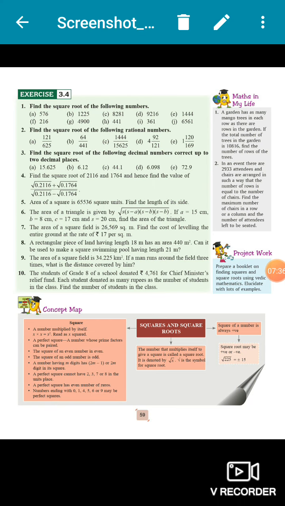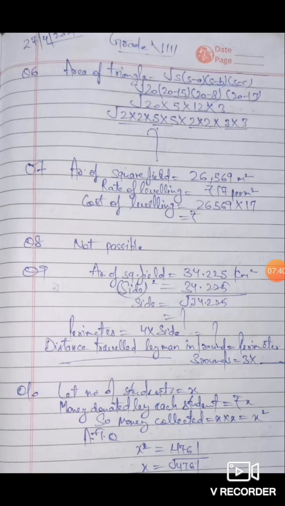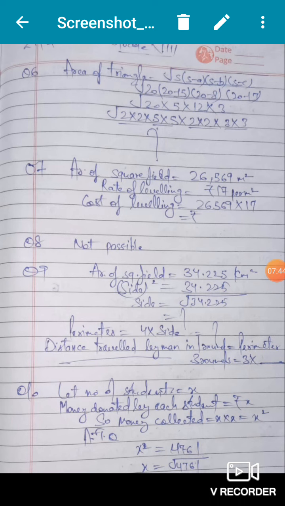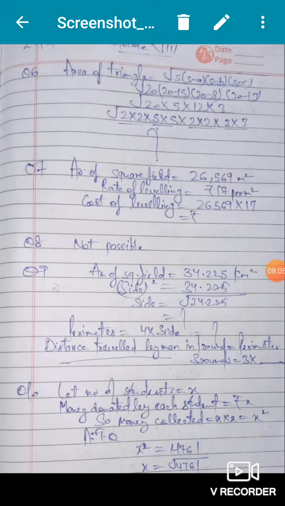So the same thing here we have to do, like you can see here I have done. We will let the number of students in the class be x, because we don't know how many students are in the class. So it means the money donated by each student will also be rupees x. That is given in the question, that the money donated by each student was the same as the number of students in the class. So the money donated is also rupees x. So how much total money will be collected? Like in the example I have taken 40 into 40, here x into x, and x into x, x square.